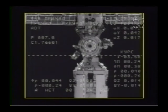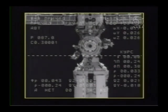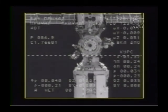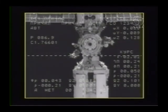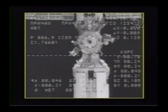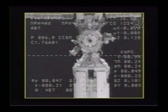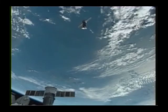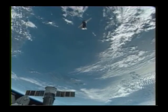In this view you can see the Pirs docking compartment just a little bit above and a little to the right of the crossing, the intersection of these two lines on your screen. Appears as the docking port for P-26, which is...